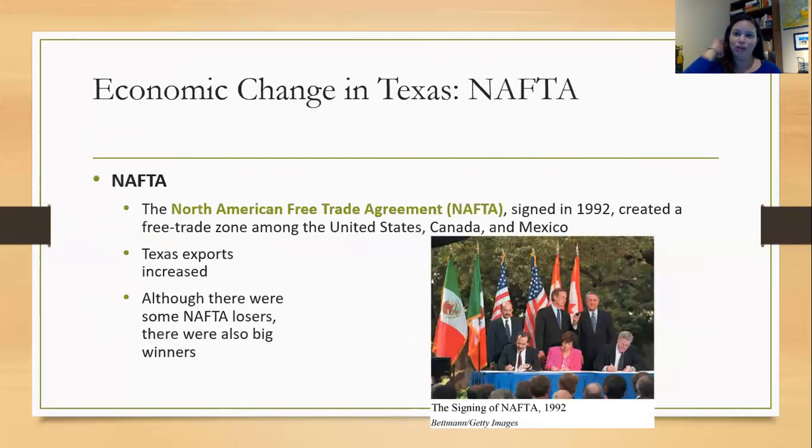We should also talk a little bit about NAFTA, since that's an important part of the Texas economy. It was signed in '92, and it's essentially a free trade zone among the United States, Canada, and Mexico. We can talk a little bit more about this towards the end of the class, because I think we need a firm understanding of our relationship with Canada and Mexico that we're not quite ready to go into. But NAFTA really changed the way in which we imported and exported. For the Texas economy, exports, like what we shipped out to Canada and Mexico, and even around the world, really changed because of NAFTA.